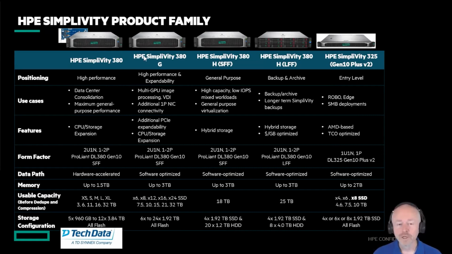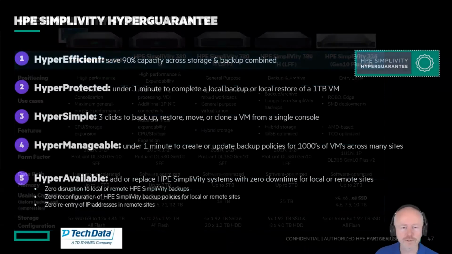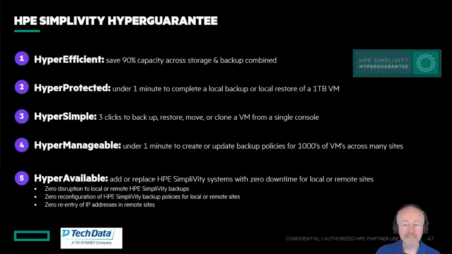If you need more, we're going to take a look at the 380 Gen 10 Plus, because there we have a model with 12, 16, and 24 SSDs. So there we have models up to 32 terabyte. Okay. If you have questions about this, call me or my colleagues. We have a sizing tool. We're going to let you know which one you need. With 1 socket, 2 sockets, how much memory. You see, you can go up to 3 terabyte of RAM in one node. You can run an insane number of virtual machines in there. And then finally,